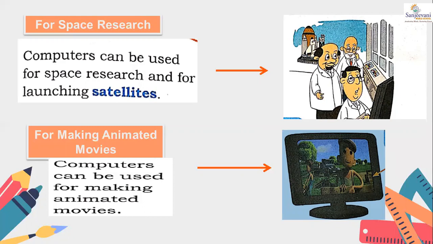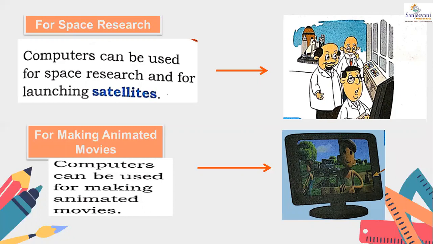First, at our homes, for various different tasks, we use computers. In schools, we use computers. In hospitals, at railway stations and airports. Then in banks, at shopping malls, in offices, for designing the books, our clothes, jewelry,